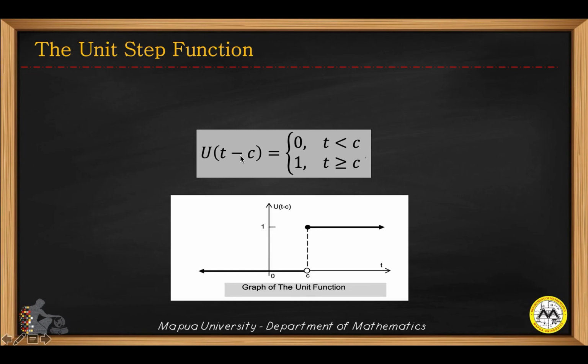This is just a symbol, u of t minus c. Here, c refers to the constant in this graph. So the value is either 0 or 1. Consider a value c. For t less than c, the value of the unit step function, your dependent variable, is